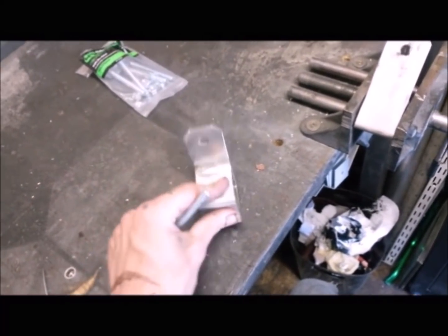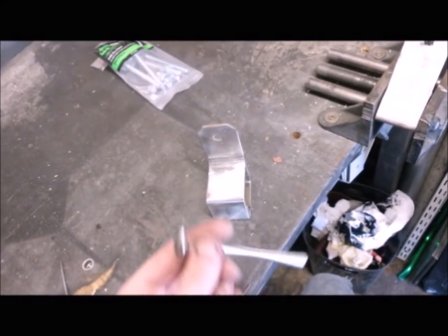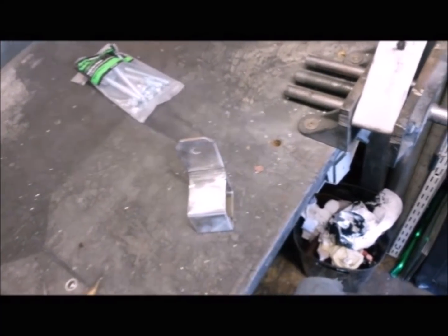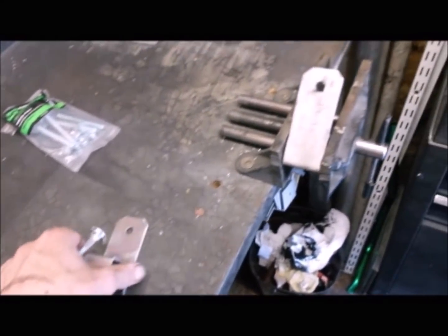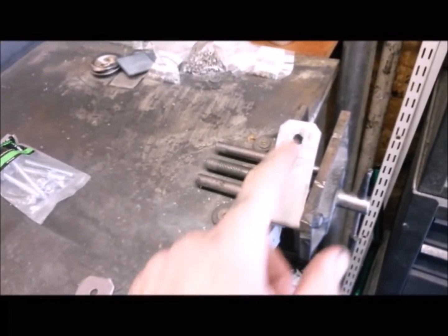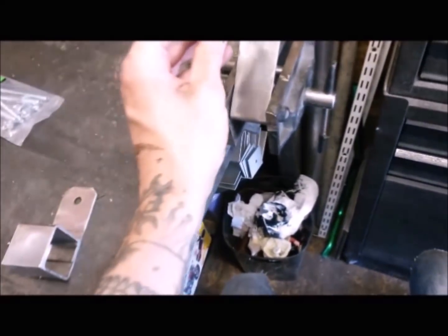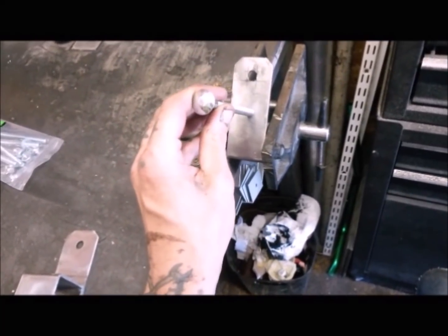When I attach them, obviously I don't want anything that a would-be thief could undo, so carriage bolts are going to be the way forward. But it's a bit like putting a square peg in a round hole, so nothing more than starting to file them out, file some flats in there so I've got something to mount it. Depending on how long this takes me, I am thinking of putting 2 in for a bit of extra beef,